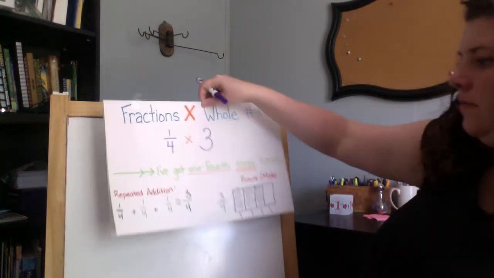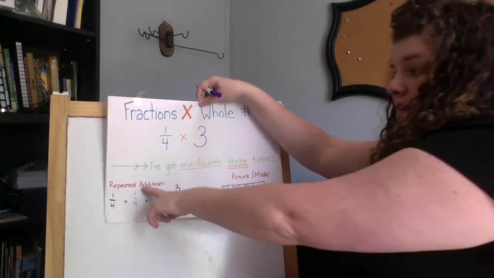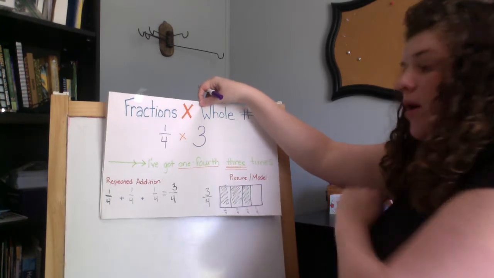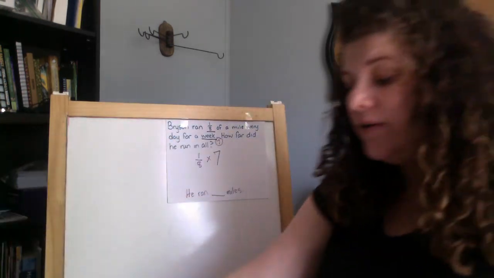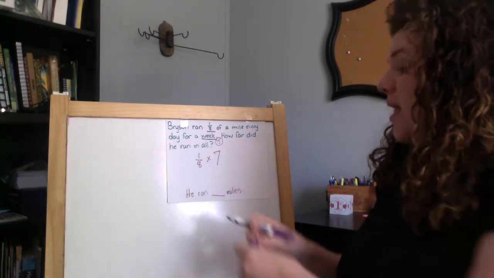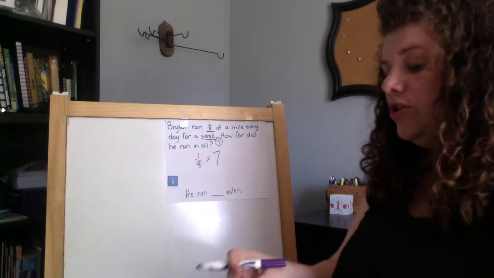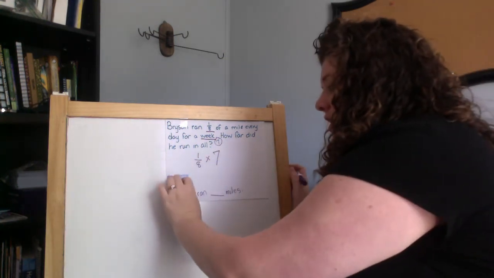Okay. Now I want us to go back to that picture we just had. We've got a couple strategies here that we can use. We can use repeated addition if we choose. We can draw a model if we choose. If we have tiles, we can use those. Okay, I'm going to start with the tiles. So on Monday, he ran 1/8 of a mile. On Tuesday, 1/8 of a mile. Wednesday,